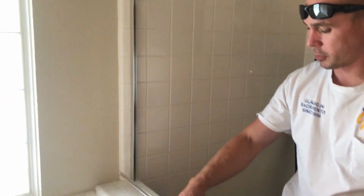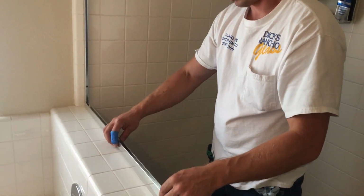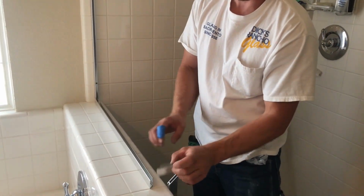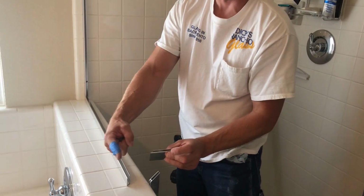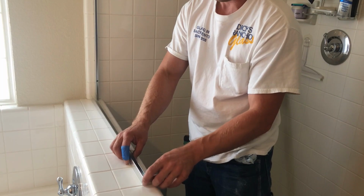Now, get the bottom track. See, it has a weep hole already pre-drilled in it, so it goes on the bottom like so. This one I cut to the size. Usually all these pieces come a little long, so you just measure this distance and you cut them to the size that you need. And they fit